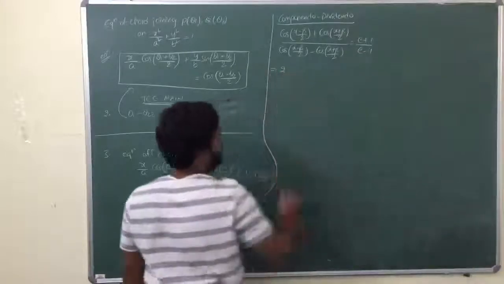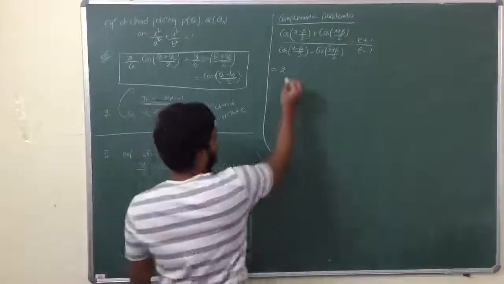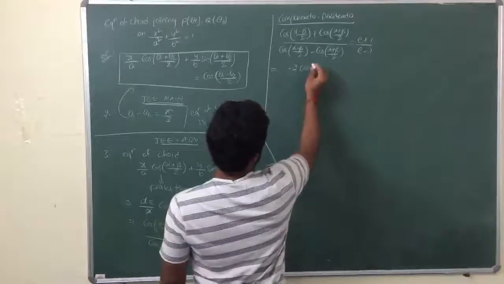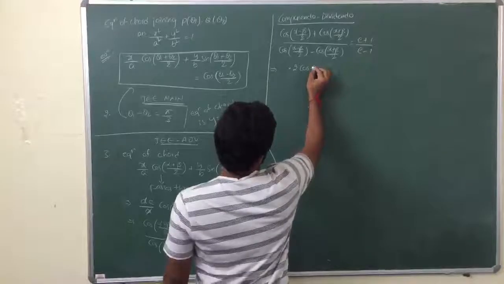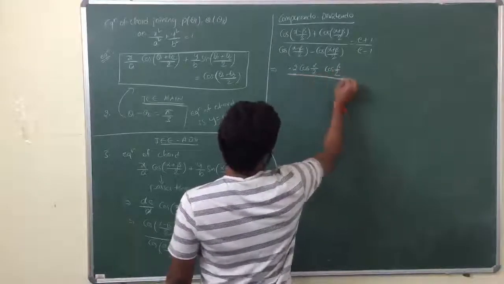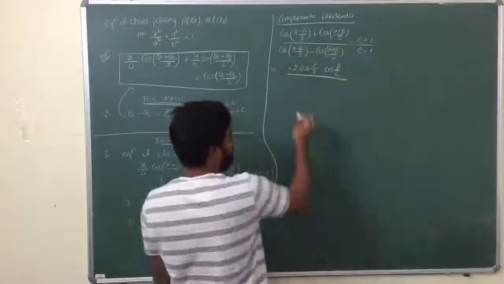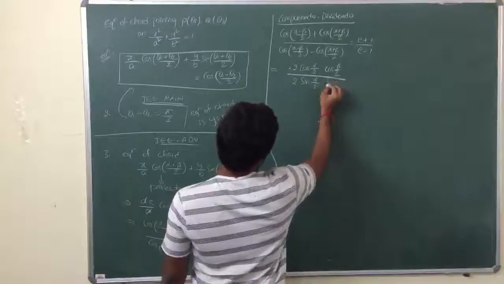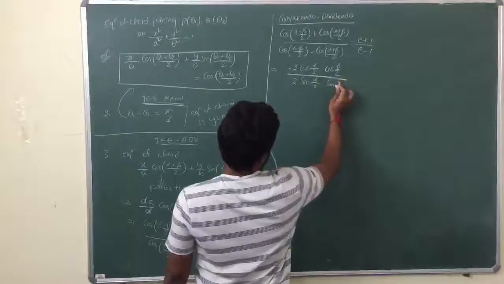Now, the formula: cos(A minus B) plus cos(A plus B) equals 2 cos A cos B, so 2 cos alpha by 2 into cos beta by 2. Next, cos(A minus B) minus cos(A plus B) equals 2 sin A sin B, so 2 sin alpha by 2 into sin beta by 2